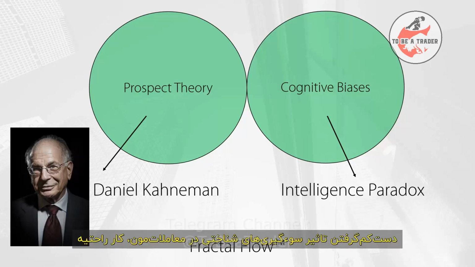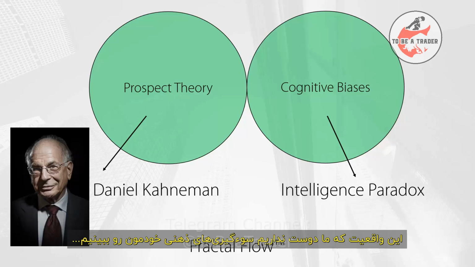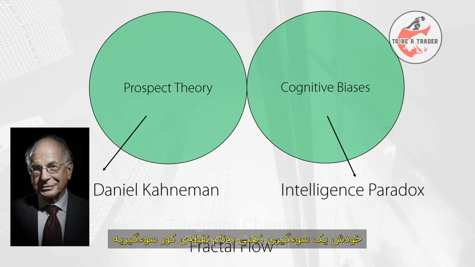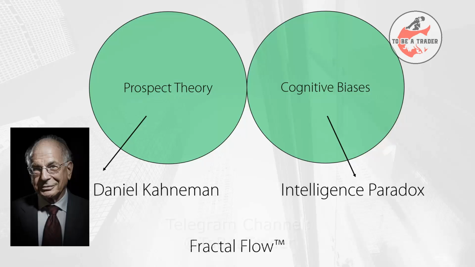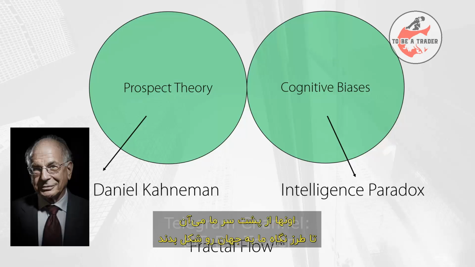It's quite easy to underestimate the effect of cognitive biases in our trading because they are silent to us in a way. The fact that we have a hard time seeing biases in ourselves is itself a bias called bias blind spot. Once again, that's because cognitive biases are primal intuitions deeply rooted in our biology, and they come from behind us in a way to shape the way we see the world.